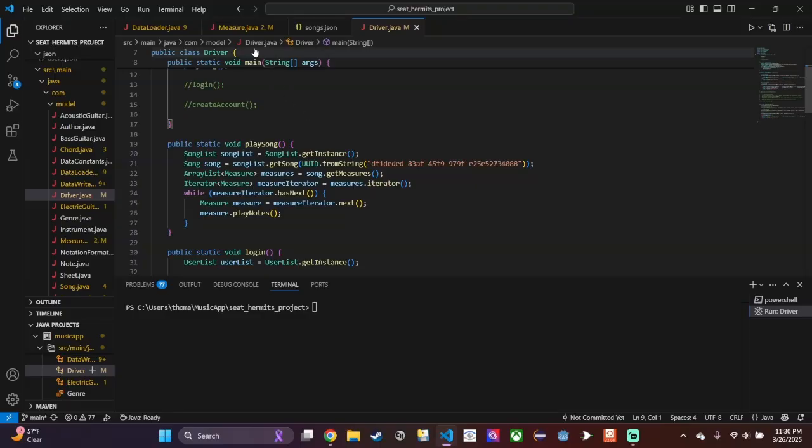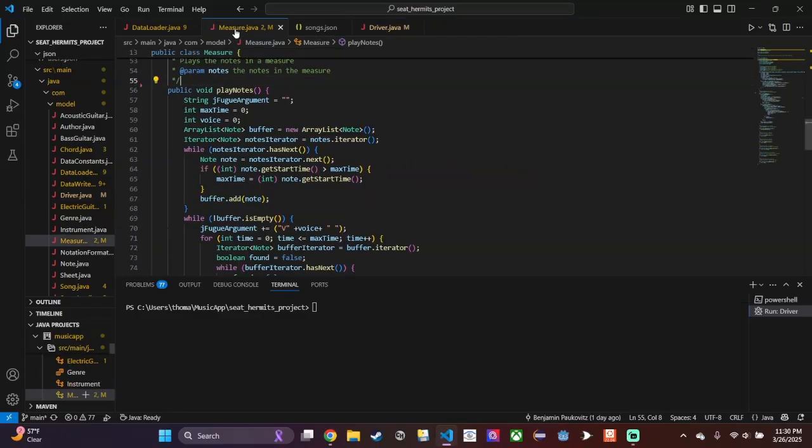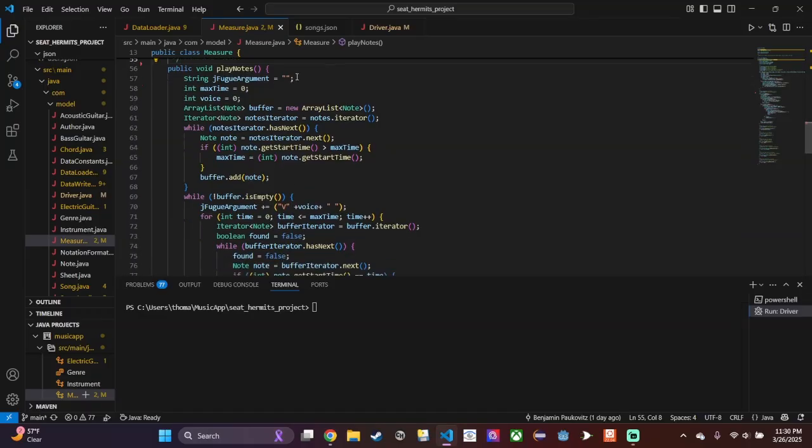And I want to explain a little bit more about how that works because it is a bit complicated. It starts with an empty string called jfugue argument, which is the string that will eventually be processed by JFugue into the actual sound that will be played. There's a max time integer variable, which is going to eventually be a marker for essentially the latest start time of any of the notes in the measure so that it knows when to stop adding to the JFugue